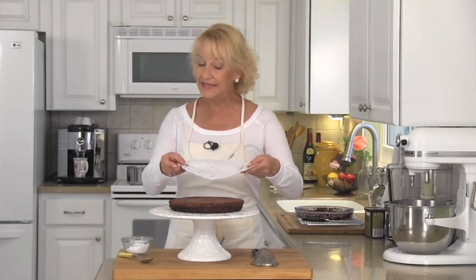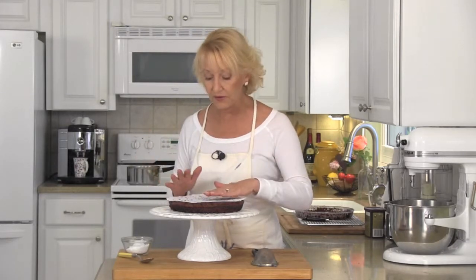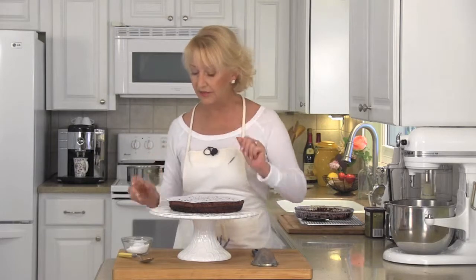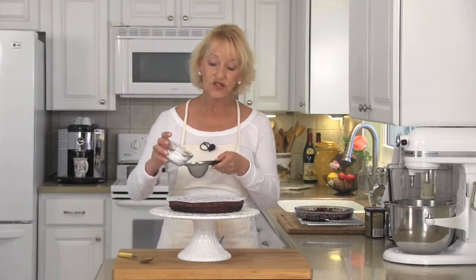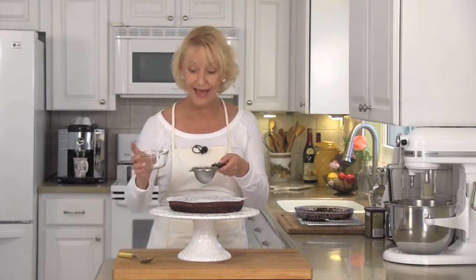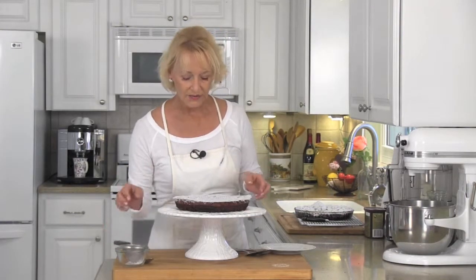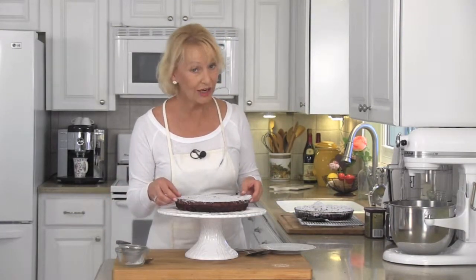And this is the easiest thing in the whole world. Take a paper doily that you can get at any market. There's a couple of bucks for probably 10 of them. And then powdered sugar. All you have to do is strain your powdered sugar all across the top of your cake. It's going to be absolutely gorgeous. Now all we have to do is very carefully